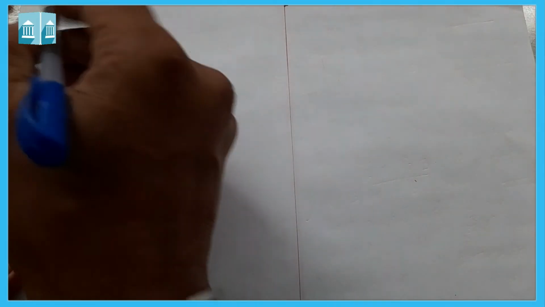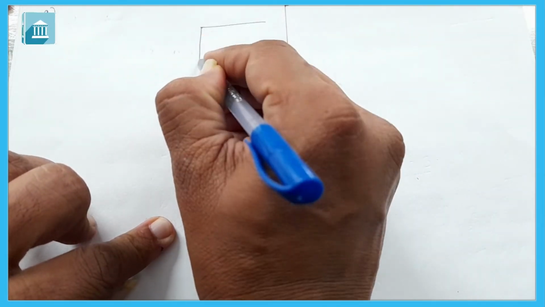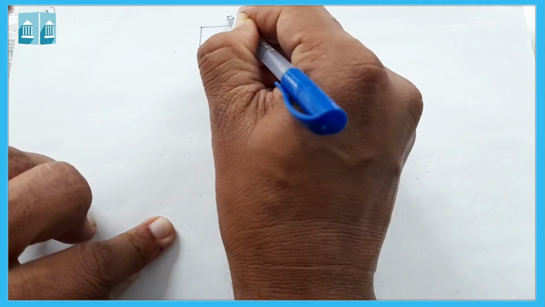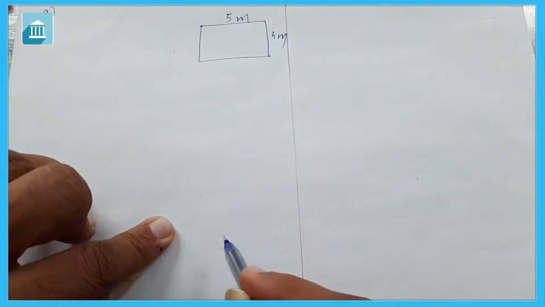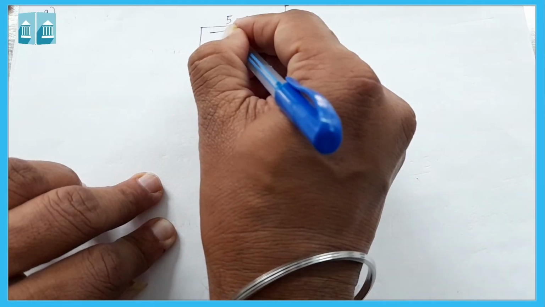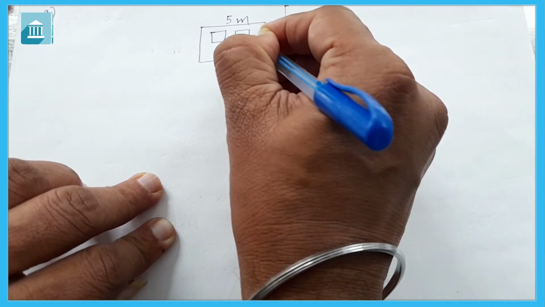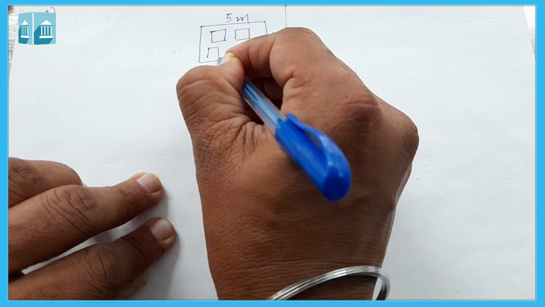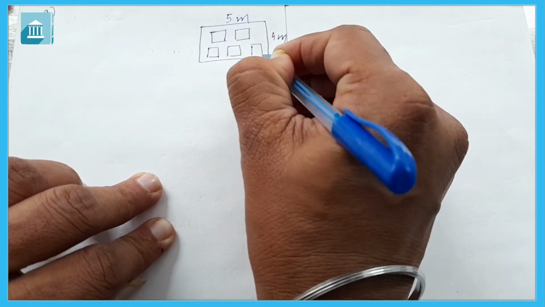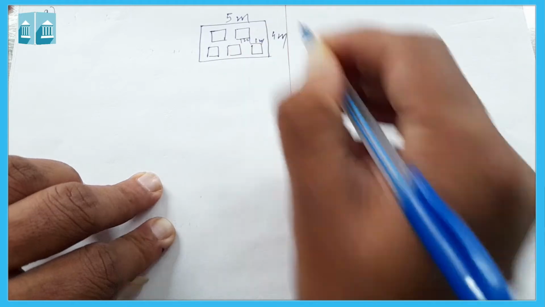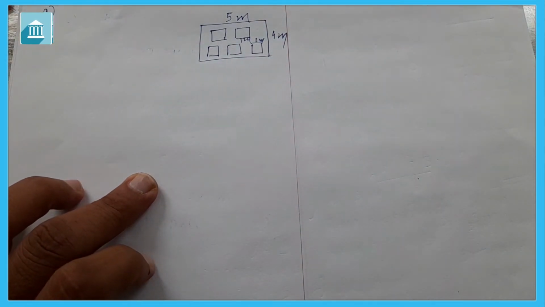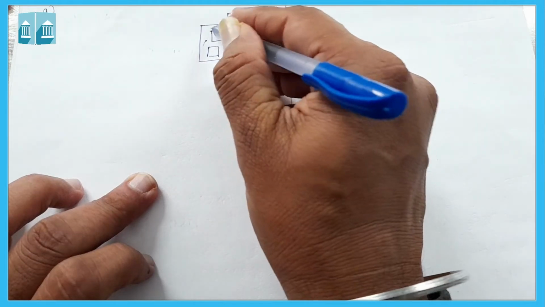Let us see question number 9. Question number 9, it is given that 5 square flower beds each of side 1 meter are dug on a piece of land 5 meter long and 4 meter wide. Means here one piece of land is given, which is 5 meter long and 4 meter wide. Now inside this land, each flower bed of 1 meter length is given. So now we have to find out the area of the remaining land.